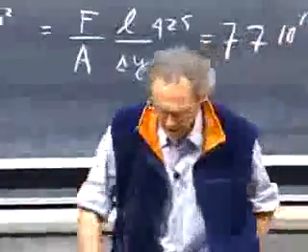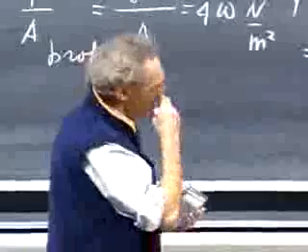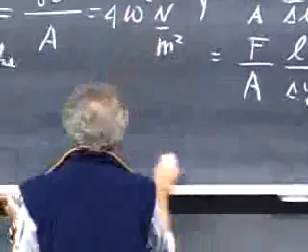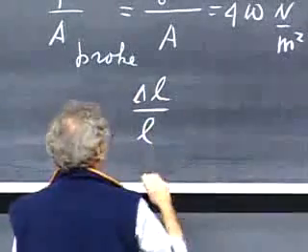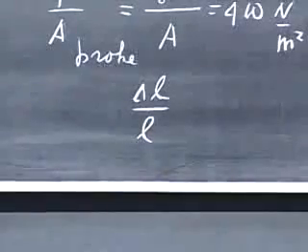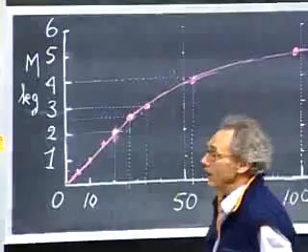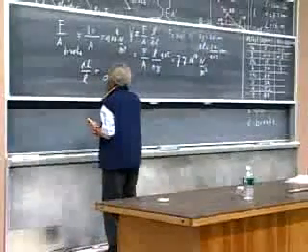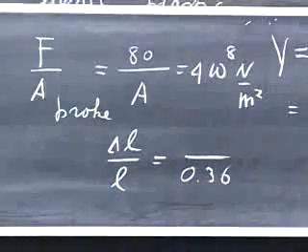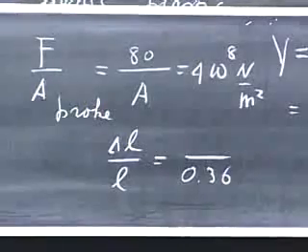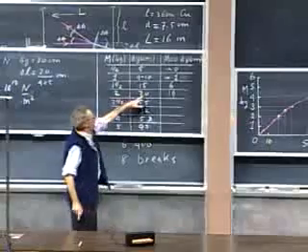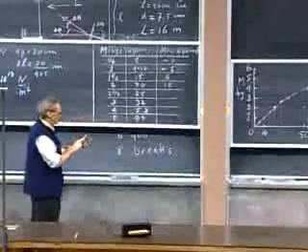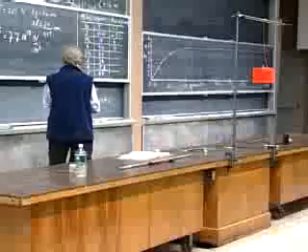The percentage strain is actually extremely low in the portion where the curve is linear. You can ask yourself the question, what is delta L divided by L in terms of percentages during this portion here? Well, we know the length, 0.36. And when we reach the end of the Hooke's law parameter space, we have a delta L which is 425 times lower than this. So we have 20 divided by 425,